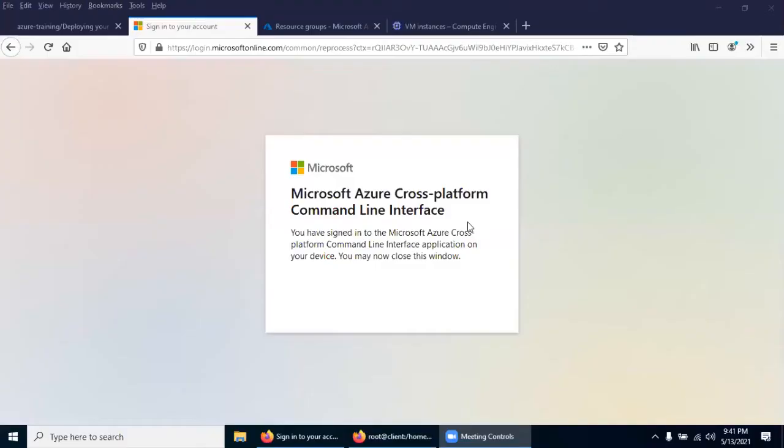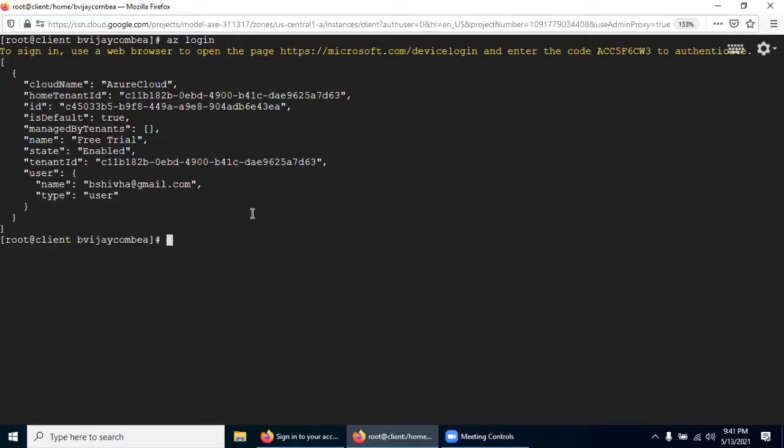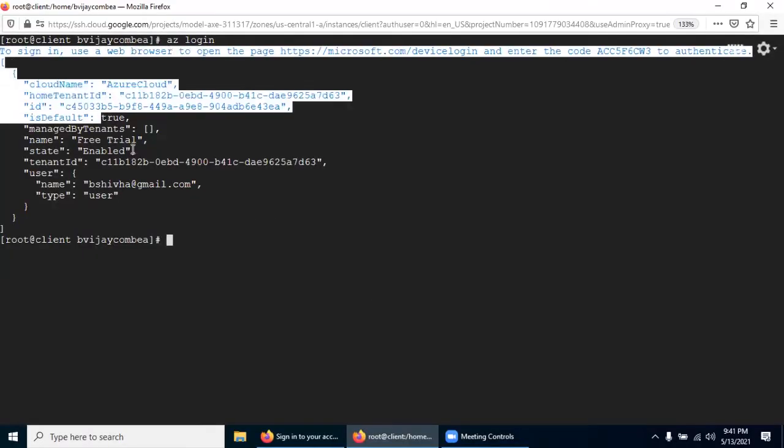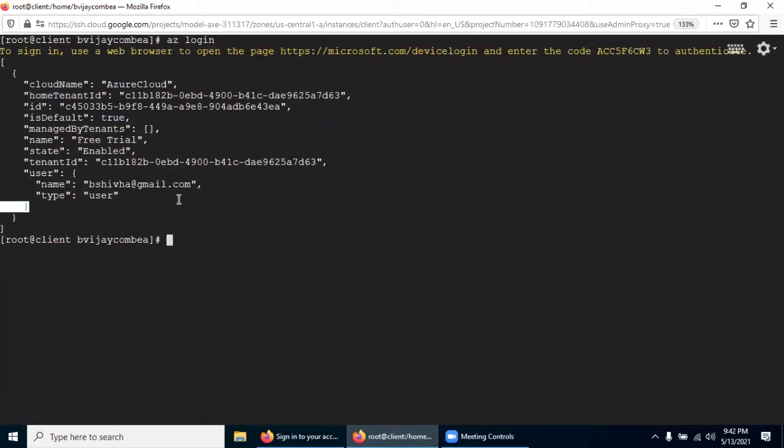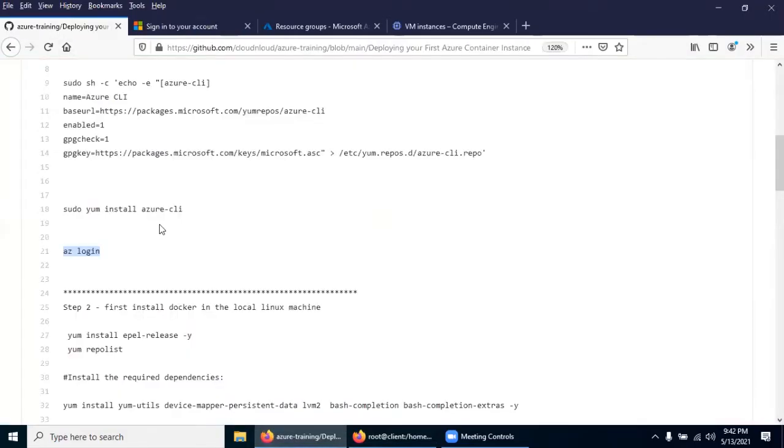See now, I have authenticated. Once you get this screen, that means it was successful. Go back to your Linux machine. Automatically, you will see a successful authenticated output. So now from here, if you run any Azure CLI command, you can control your complete Azure environment. So go back to the GitHub commands.